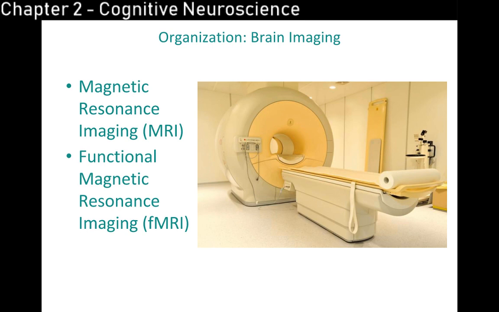But what we can do, because those water molecules exist in our head and in our body, is use this giant donut-looking part right here, which is a massive magnet. And what that magnet does is it basically spins around and creates a magnetic field, which we then use to resonate those protons within those hydrogen atoms. And the oscillation rate at which those hydrogen atoms fluctuate allows us to basically determine what the individual cells are